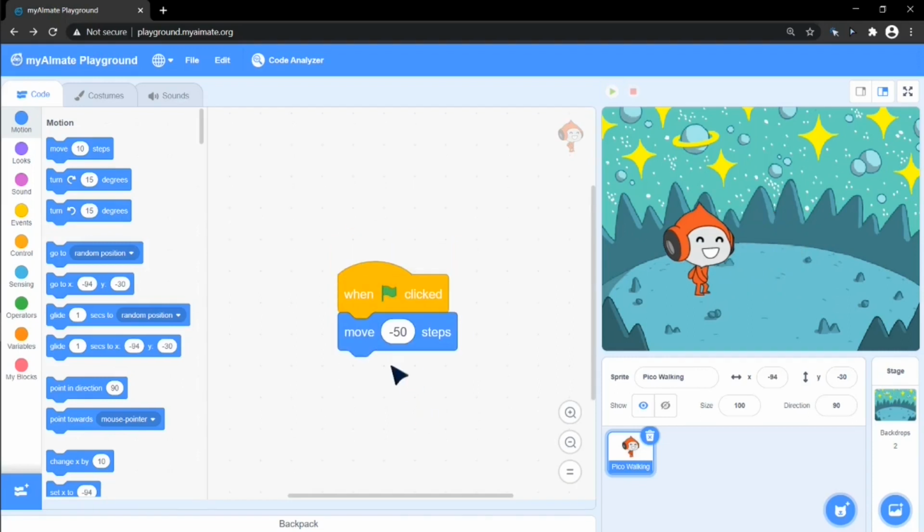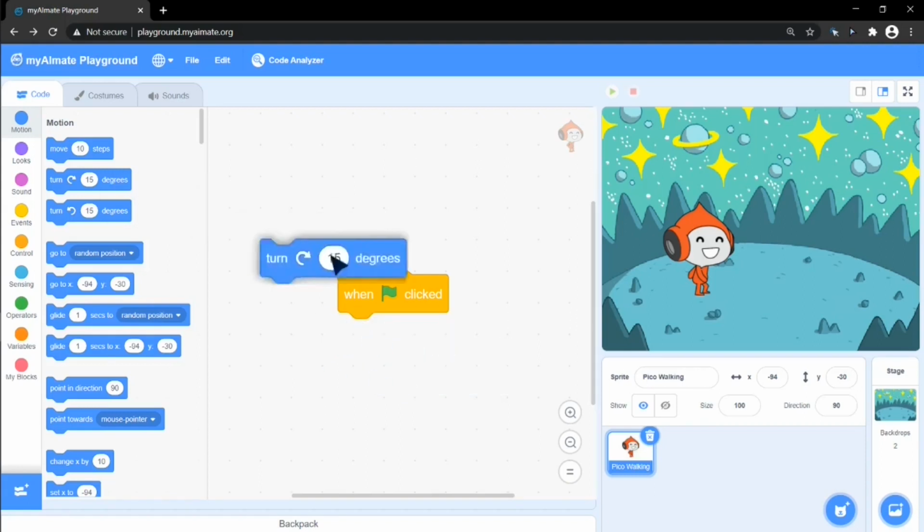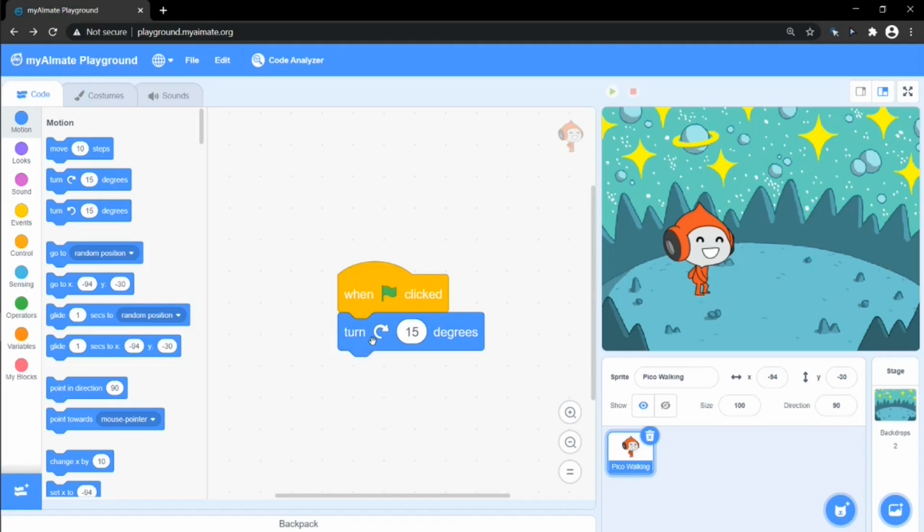Now let's move to the second code block. Delete this code block by right clicking on the blue code block and selecting the delete block option. This code block says turn clockwise 15 degrees. It is used to rotate the sprite with a particular degree value.